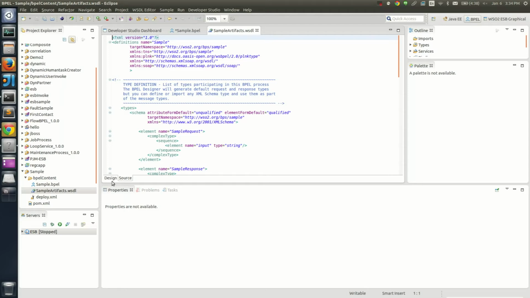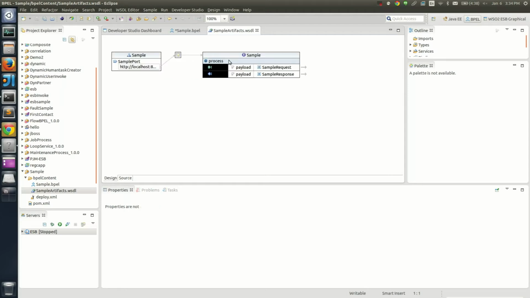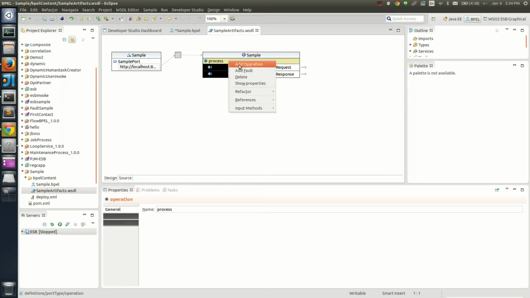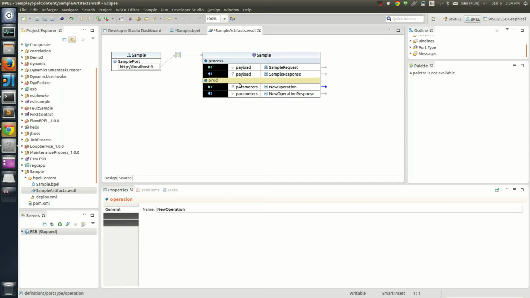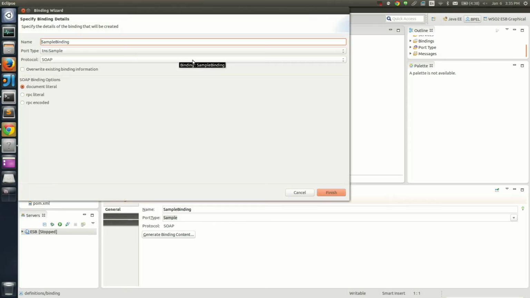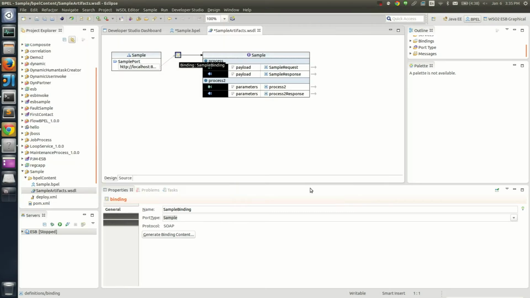Now I'm going to modify the WSDL by adding a new operation for the second receive element in the BPL workflow. Remember, when you add a new operation, you have to regenerate the binding context. You will be able to see the newly generated binding mappings in the source view.